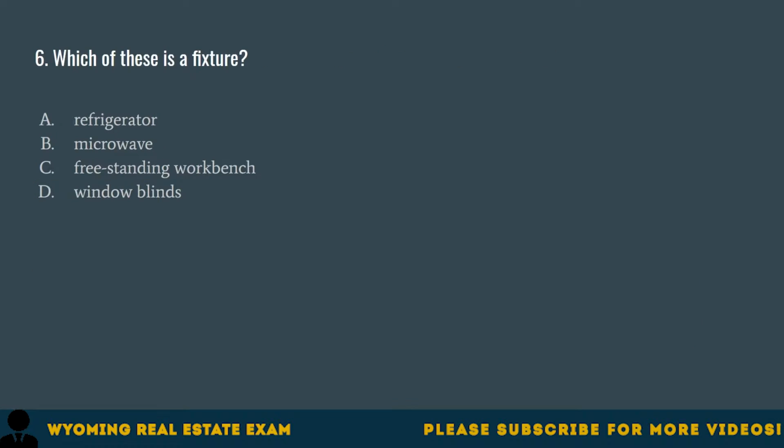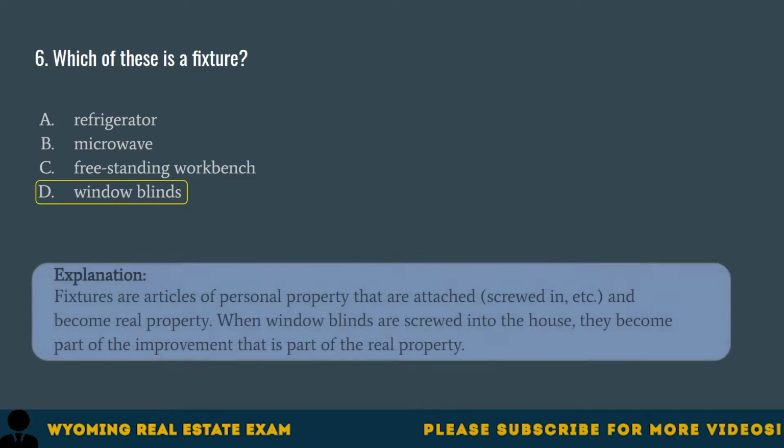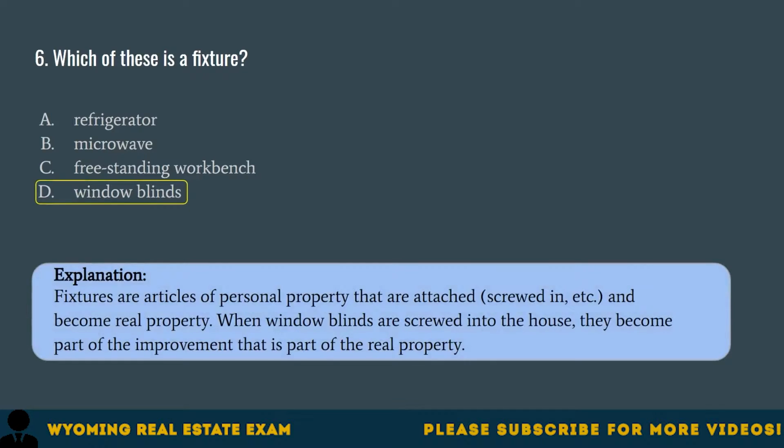Question 6. Which of these is a fixture? A. Refrigerator. B. Microwave. C. Freestanding workbench. D. Window blinds. The correct answer is D. Window blinds. Fixtures are articles of personal property that are attached, screwed in, etc., and become real property. When window blinds are screwed into the house, they become part of the improvement that is part of the real